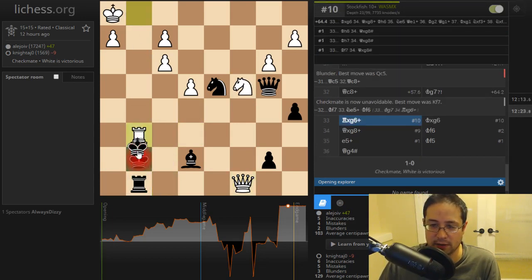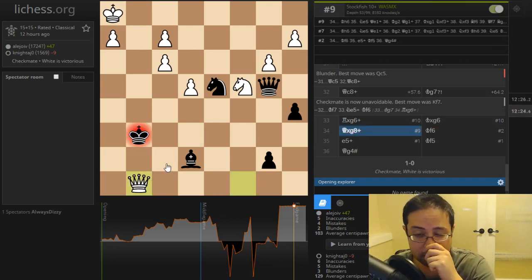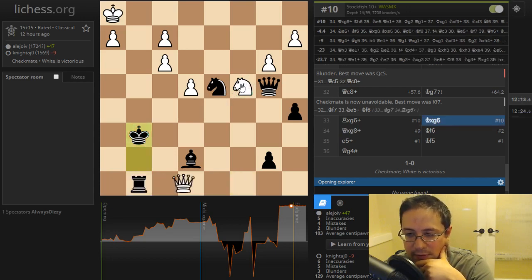Let's see if it agrees. Yeah, same thing. And now you lose a pawn, and this is, I don't know. You still have 3 pieces, but it said it's mate in 9 for white. White has the initiative, and he does have this knight. I'm a little surprised that he can mate like this, but the main thing